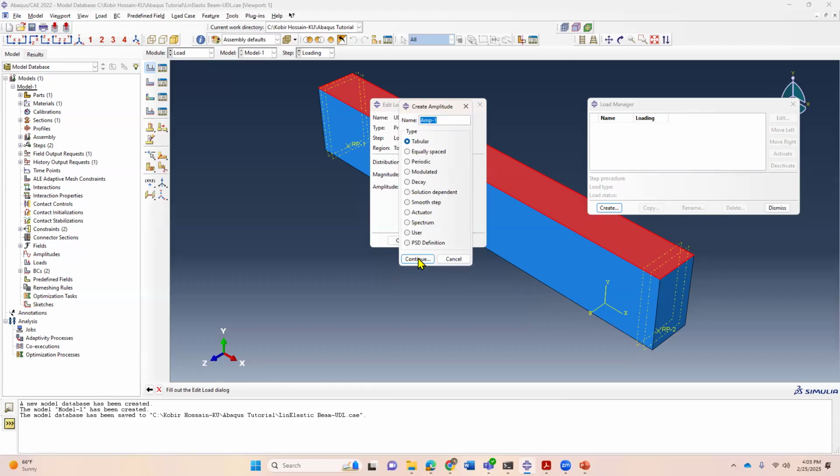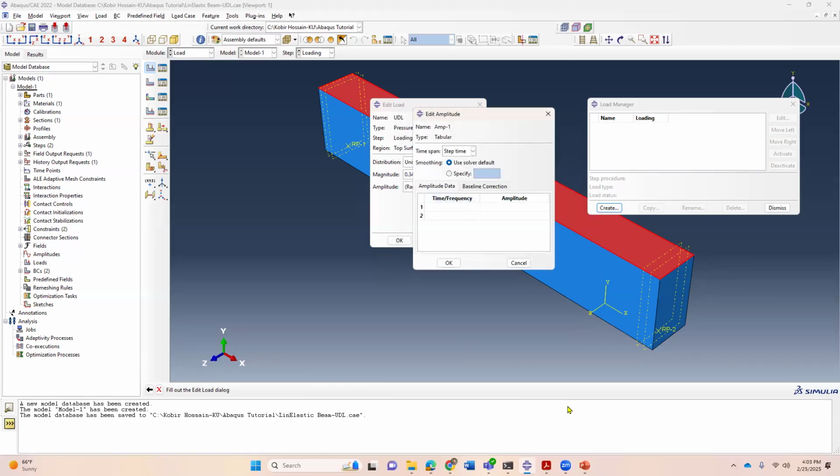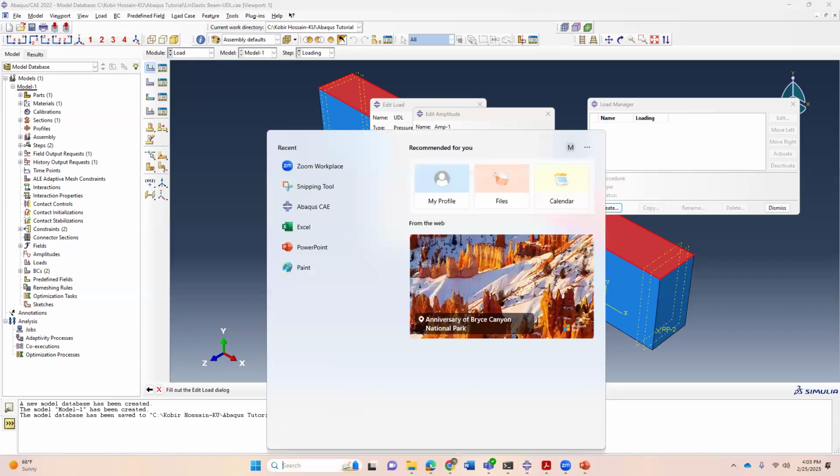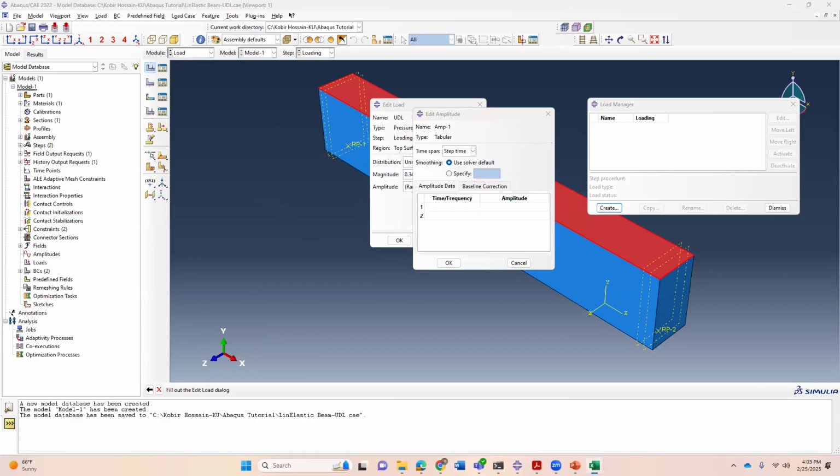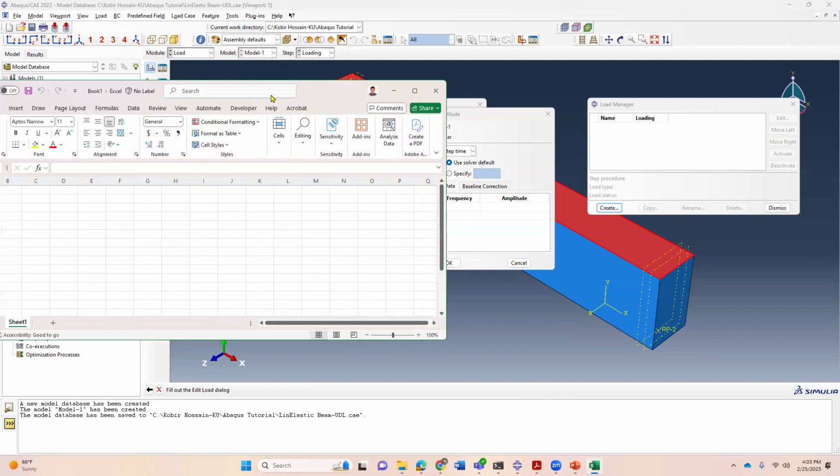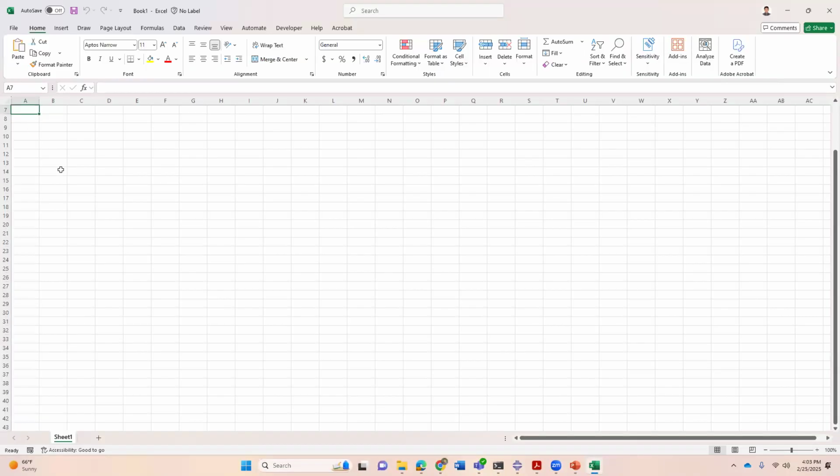So I create an amplitude, basically use the tabular option, and in an Excel file, I just do this. So I type say 0.01, 0.02, 0.03. So it's better to have like this until you reach 1,